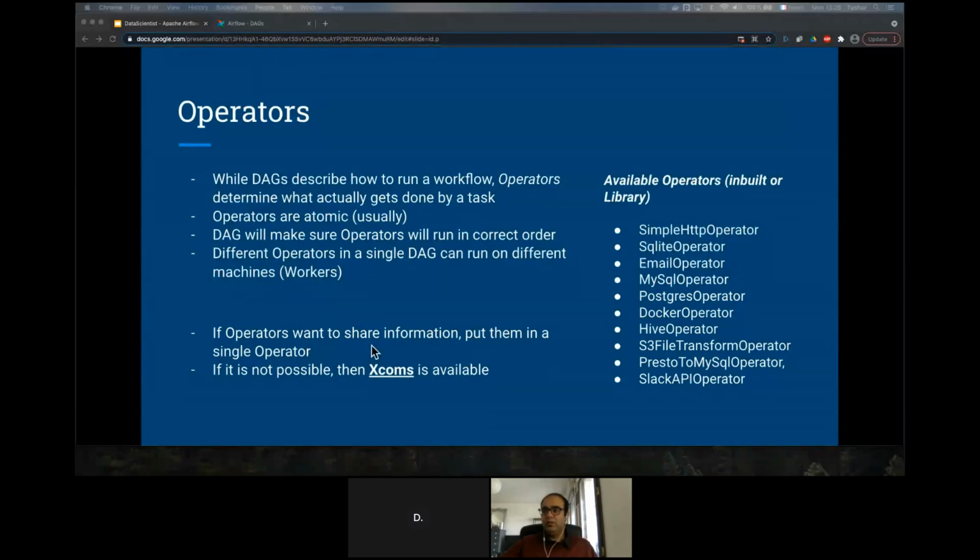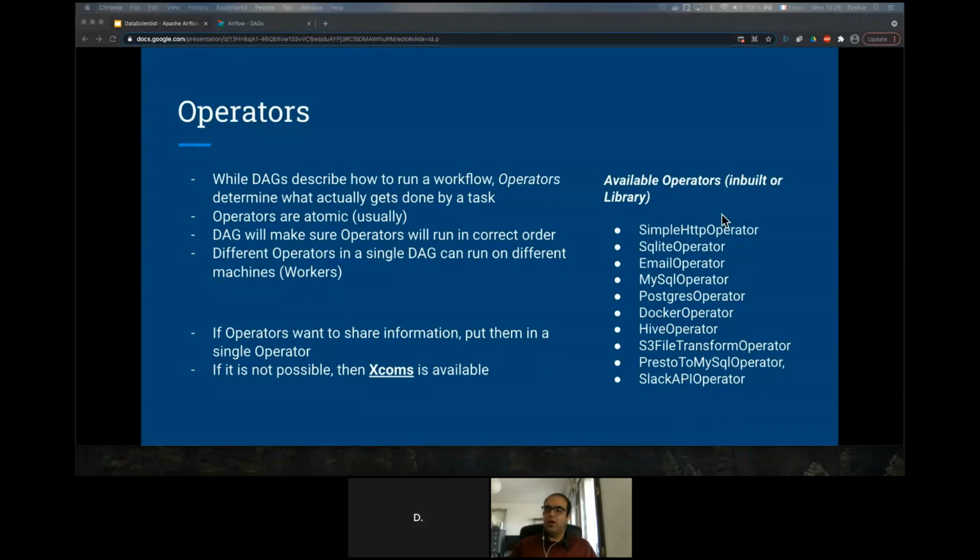Also, if it is not possible for you to have an operator as atomic, then there is a concept called XComs, but it is a bit more detailed, so we'll not go through it. But it is possible to share information between different DAGs and different operators. Here are some operators which I put. A lot of them are inbuilt, which come with the default Airflow installation.